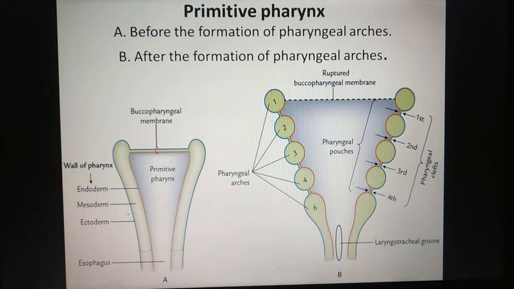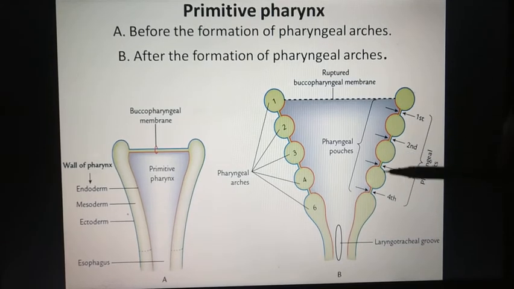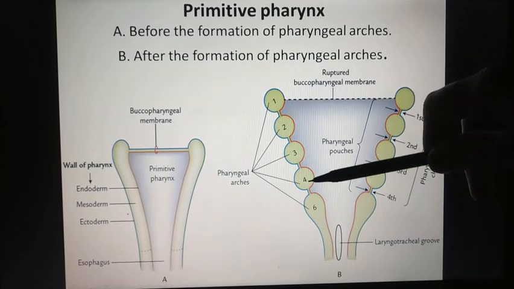These mesodermal cylindrical bars appear from the hindbrain vesicle, from the posterior part. They come on the lateral side of the pharynx, then move onto the anterior part of the pharynx, and fuse on the anterior part in the midline. So they form a horseshoe shaped structure like a necklace in the neck, and these are called pharyngeal arches. These pharyngeal arches are mesodermal in origin. So 1, 2, 3, 4 and 6.